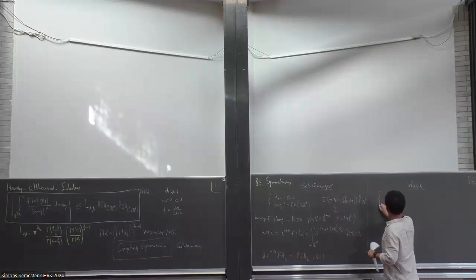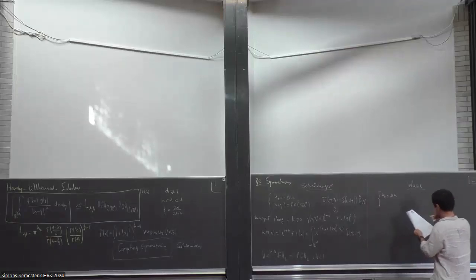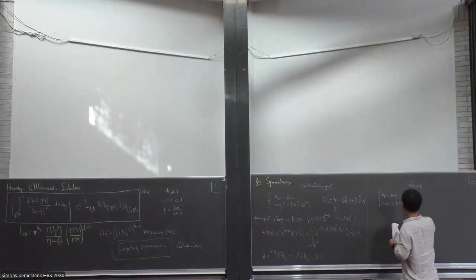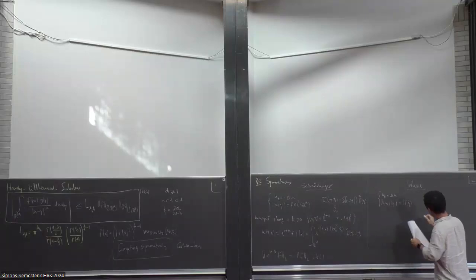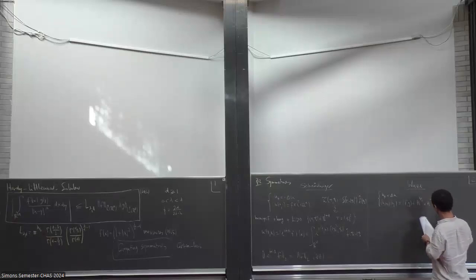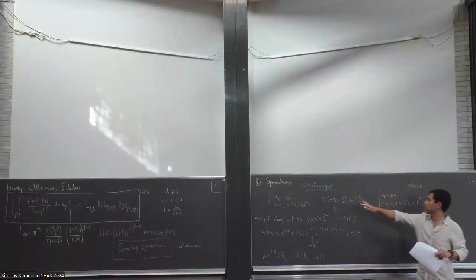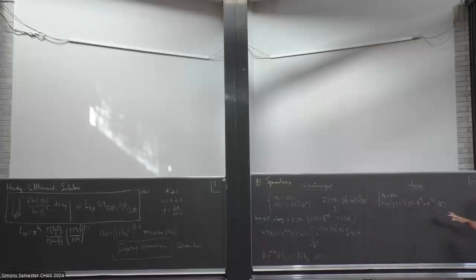So the wave equation is second order in time, so it's u_tt equals Laplacian u. So we need two initial conditions, u and u_t at time 0, which I'm just calling f and g. I will want f to be homogeneous Sobolev of order 1/2, and g homogeneous Sobolev of order minus 1/2, functions in R^d. So contrary to the Schrodinger equation, the wave equation is not dispersive, it's only partially dispersive,